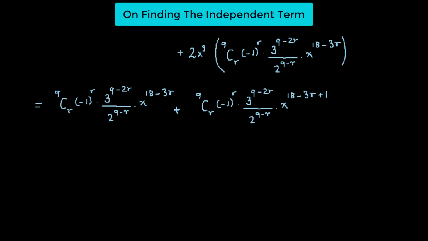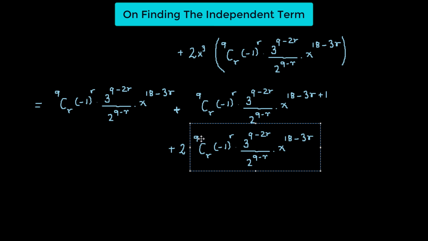And then we have the third term, so we have x cubed here, so we'll have plus 2 times the general term, and we have an x cube here, so we will add the index of x to the index of the general term of x. So there we go. So we have this final value, so let's rewrite it, and that should give us